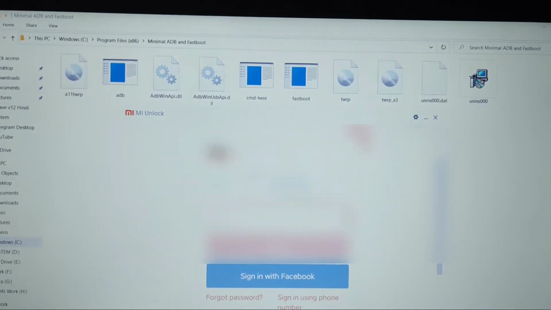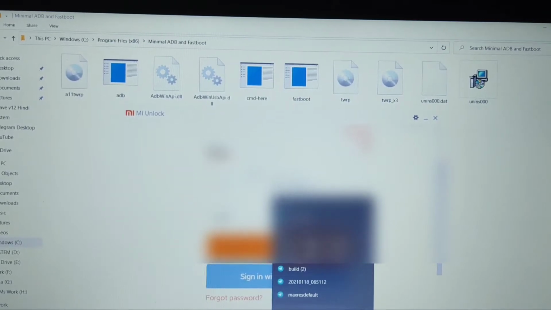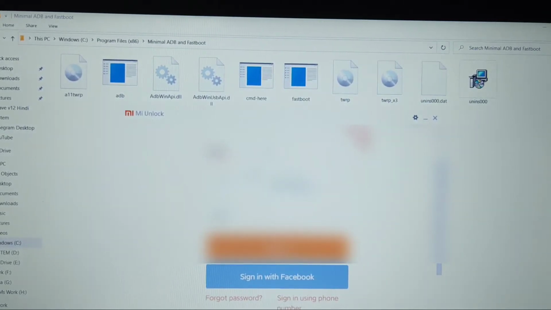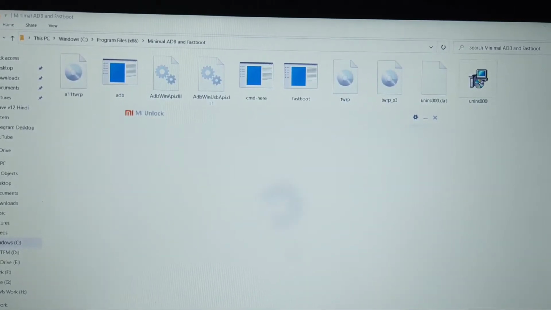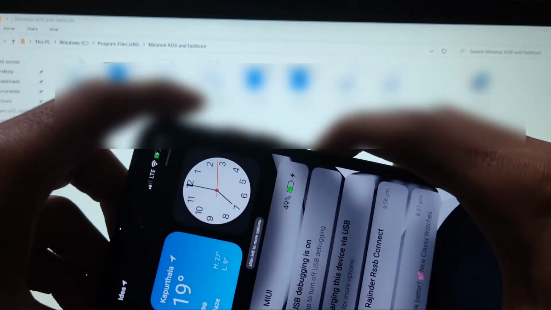Okay, here it is. We are almost on the way to signing in with my device, my account. Maybe you have that account linked with your device also. There were some basic steps, like enabling developer options and adding your account to the Mi device. Those were some basic things, so I hope you already know about all of these.